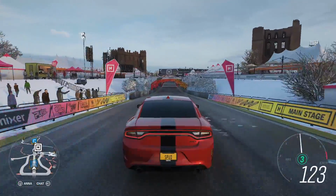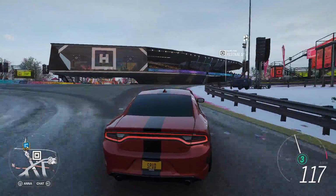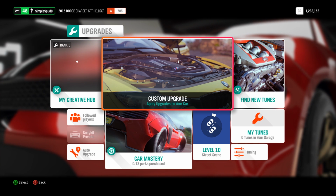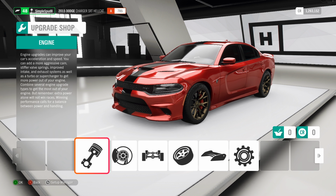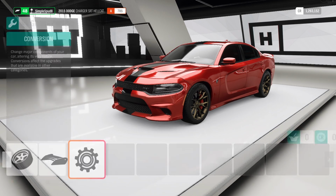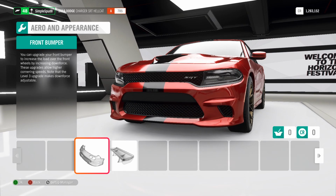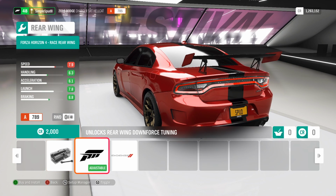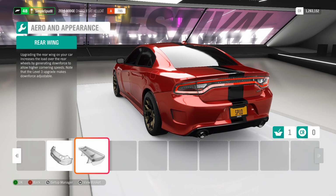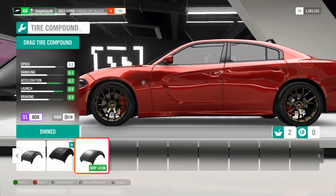Right, so now that we've seen how this car performs, we're going to go into the festival and I'll show how to build and tune it. So with your stock 2015 Dodge Challenger SRT Hellcat, you'll come into the custom upgrade menu here. The first thing we're going to do is come down to the aero and appearance. There's nothing we can do in conversions as there's only an all drive swap and we're going to be keeping it rear wheel drive. So if we come into aero and appearance, we're going to go over to the rear wing and we're going to do the optional thing of removing it, as this reduces a bit of weight and drag in the car. If we come in here, we're just going to upgrade to drag tires,